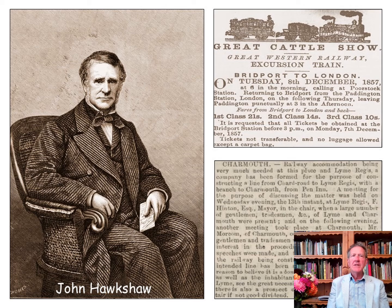In July 1864, the local paper was to report Hawkshaw's activities as follows. "Railway accommodation being very much needed at Charmouth and Lyme Regis, a company has been formed for the purpose of constructing a line from Chard Road to Lyme Regis with a branch to Charmouth from Pen Inn. A meeting for the purpose of discussing the matter was held on Wednesday evening, the 13th instant, at Lyme Regis. F. Hinton, Esquire, Mayor, in the chair, with a large number of gentlemen, tradesmen, etc., of Lyme and Charmouth were